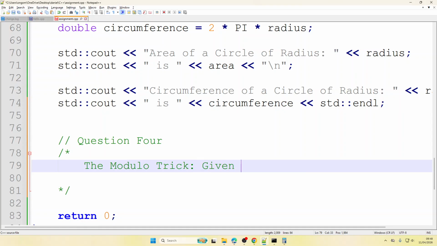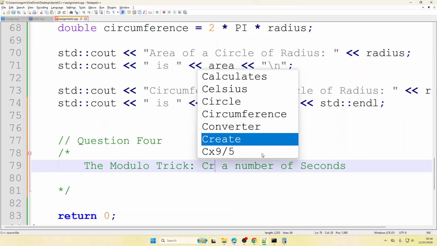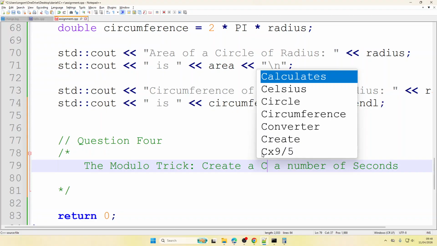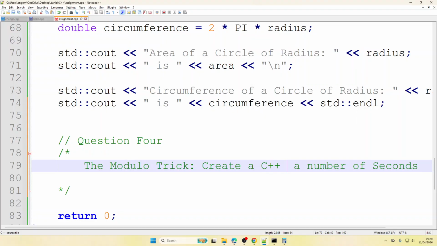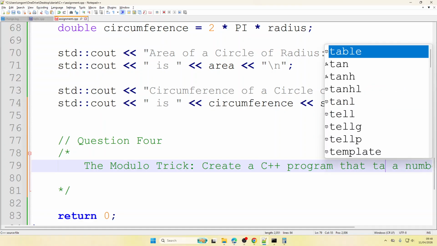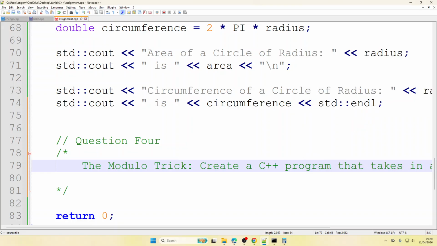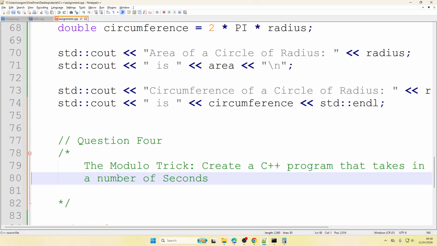So given a number of seconds, okay, let me just create a little C++ program that takes in any number of seconds